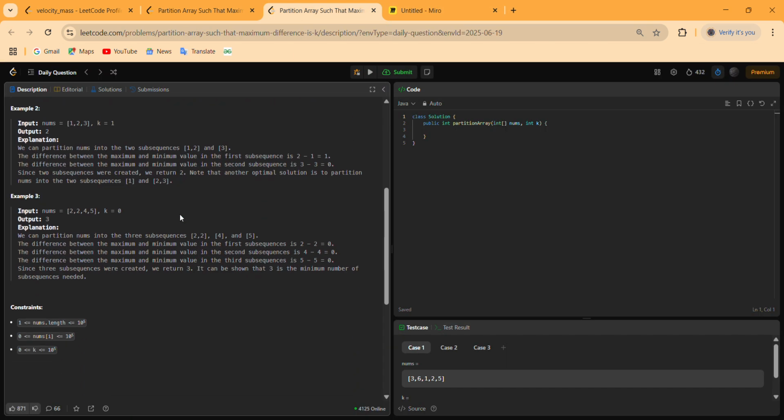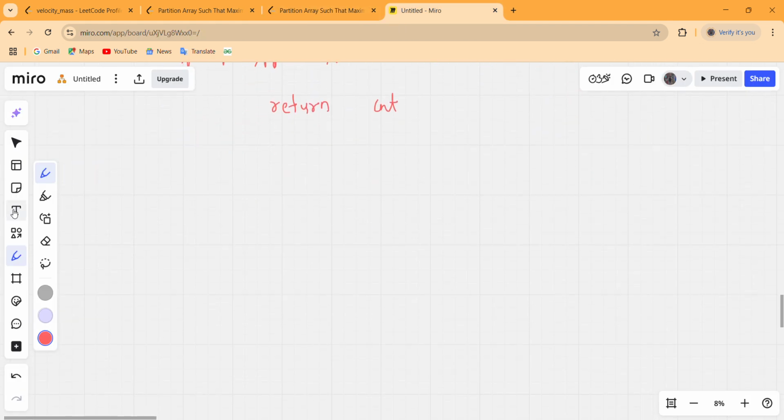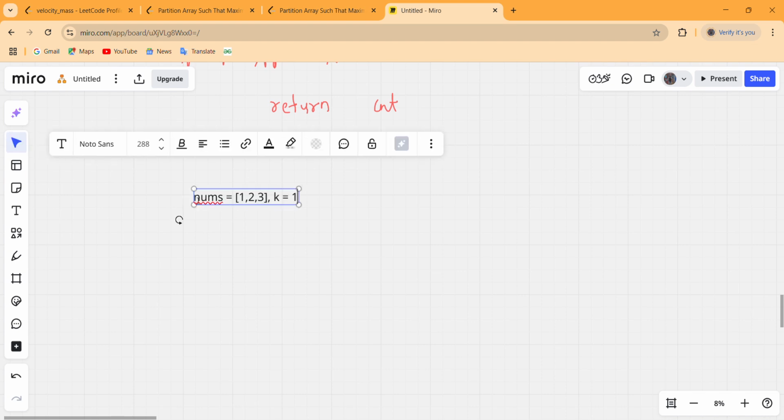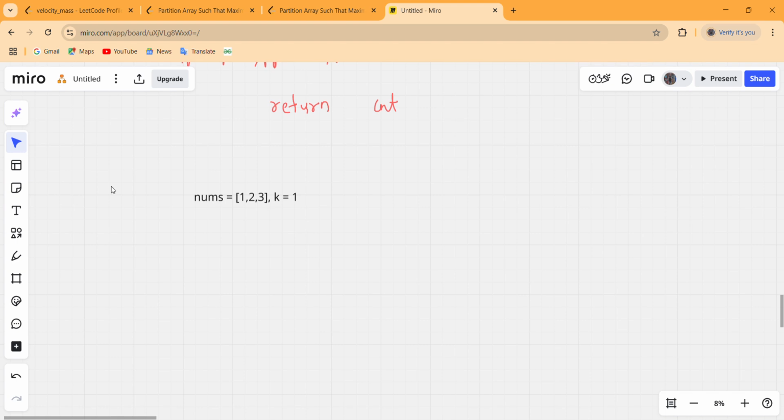Let us first look at this example as well, and visualize our code for it. This is nums equals 1, 2, 3 and k equals 1.